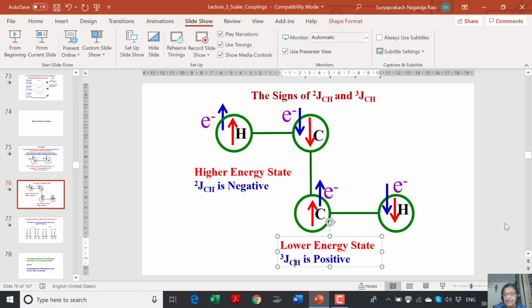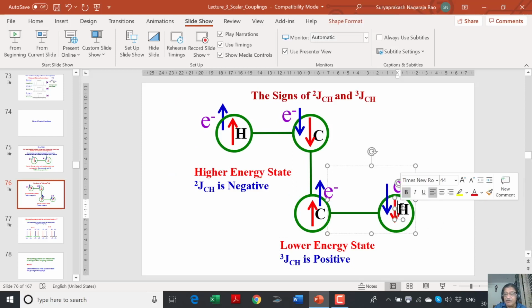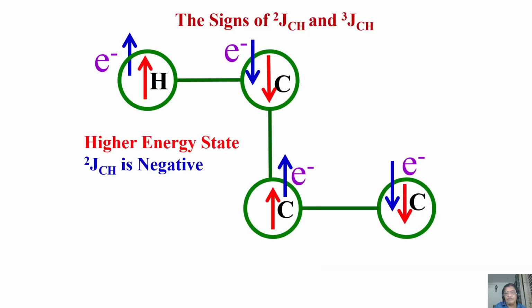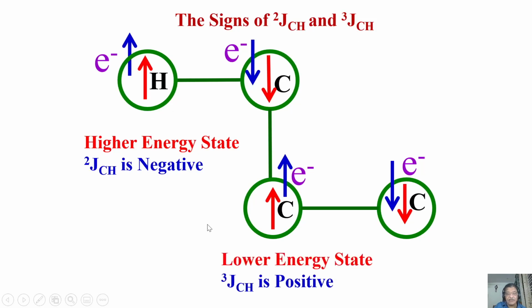On the other hand, there is a mistake in the sense I should make this a C, then CH. Now I have corrected this slide. This is going by CC bond only. This is not proton, this is not CH. Go CC bond and then another H comes because I am looking at 3 bond JCH. 1, 2, and 3. So 3 bond JCH. Now it's a low energy state. Sorry, there was a mistake in the slide. I corrected now. This is correct.